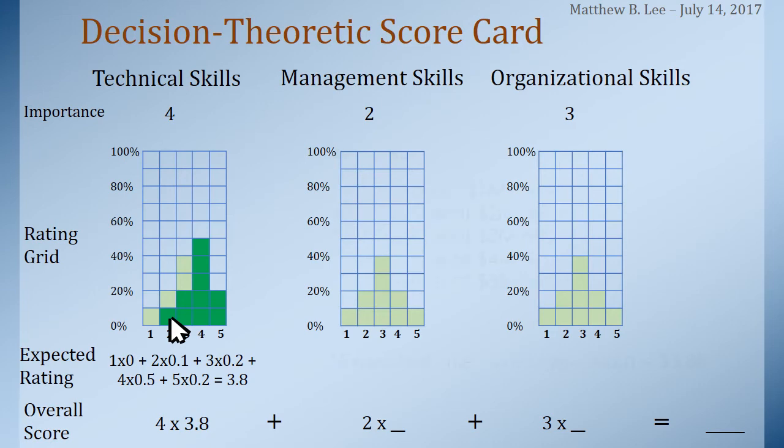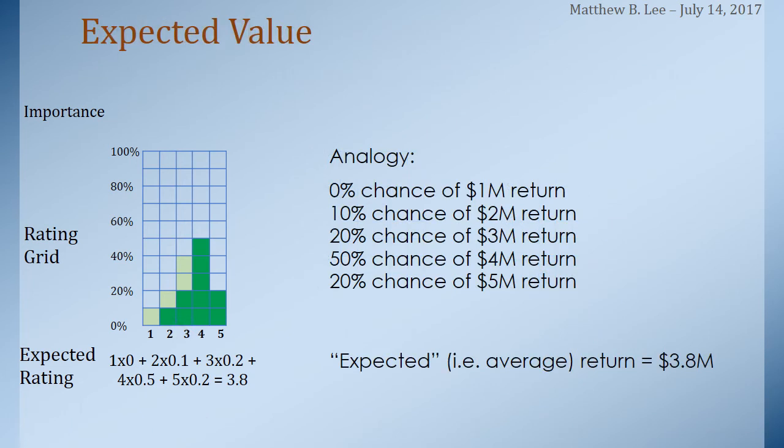It is like an investment that has a few discrete possible returns: a 0% chance of a $1 million return, a 10% chance of a $2 million return, a 20% chance of a $3 million return, a 50% chance of a $4 million return, and a 20% chance of a $5 million return. The average return on such an investment is the mathematical expectation, that is, the weighted average, of these possible returns, $3.8 million. The investment might return $5 million, and it might return only $2 million, but on average, such an